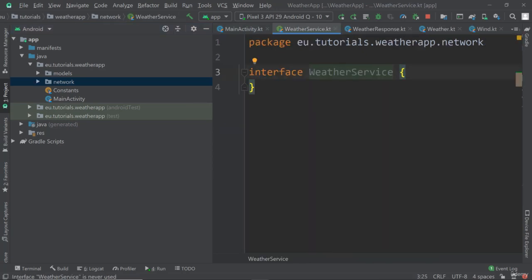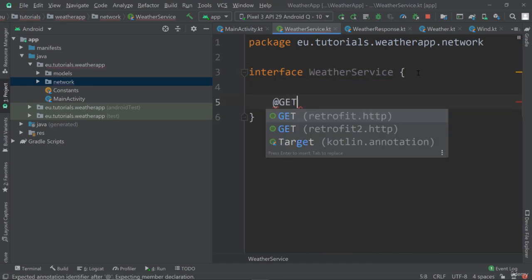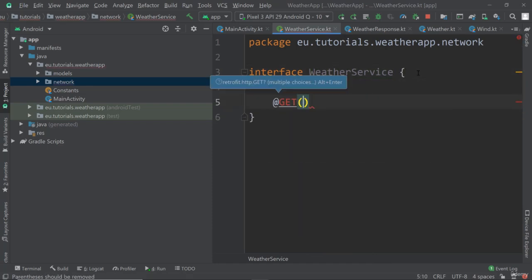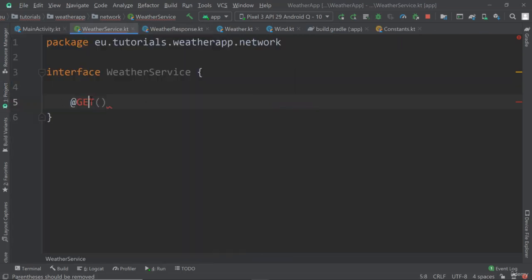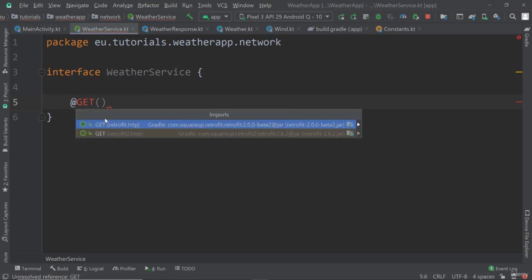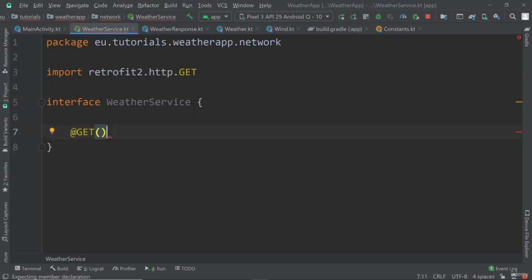So in this interface, what we need is, first of all, this @GET. So we want to post a get request, so we need to pass that in, and we need to import get. So let's do that here, import from Retrofit, and I'm going to use Retrofit HTTP GET. And what do I want to get? Well, here I pass in 2.5/weather. So as you recall, this was part of the link, and then I want to get the weather